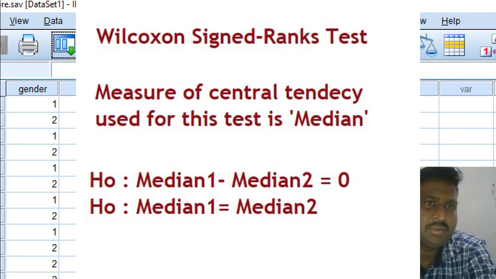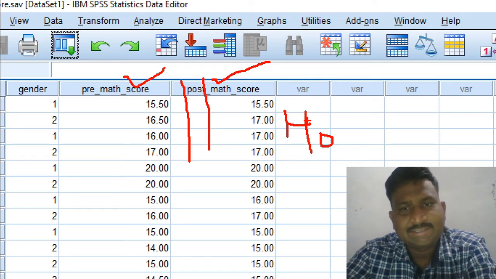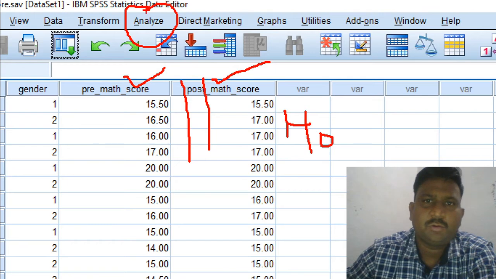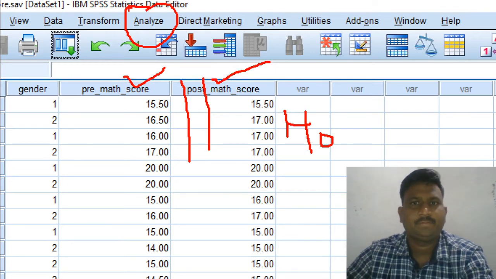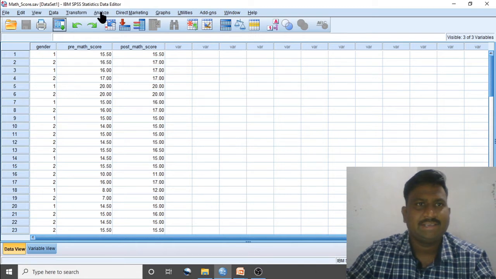So we know most of our analysis techniques lie in the Analyze menu. So we will go with the menu. Click on Analyze.